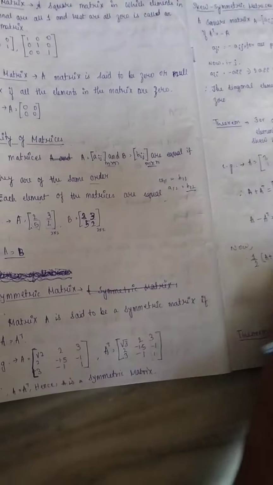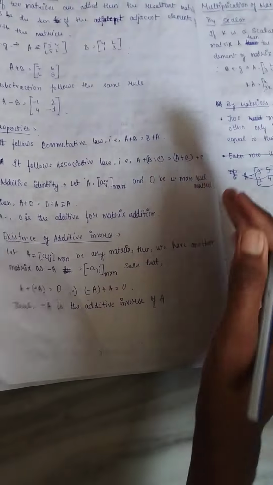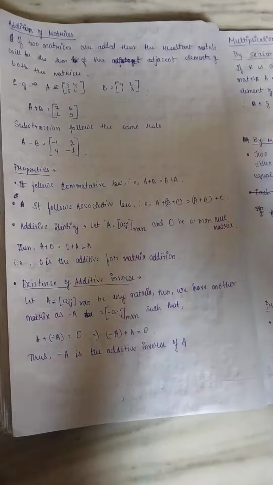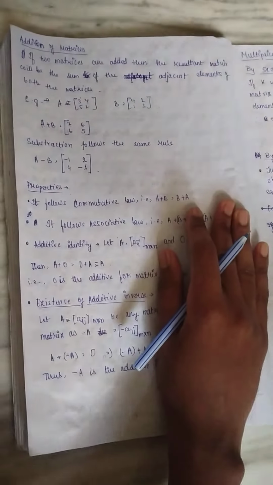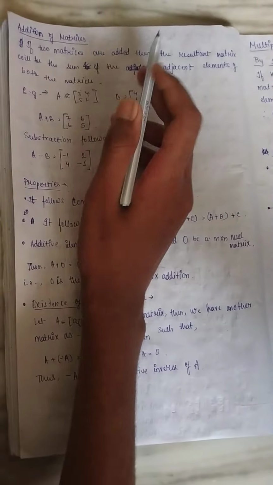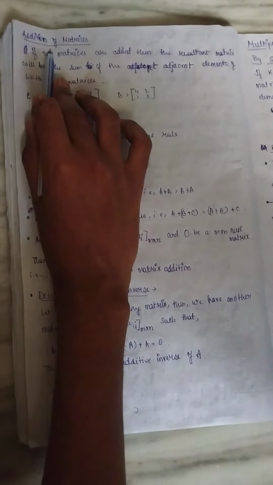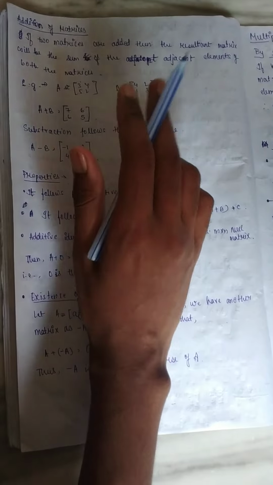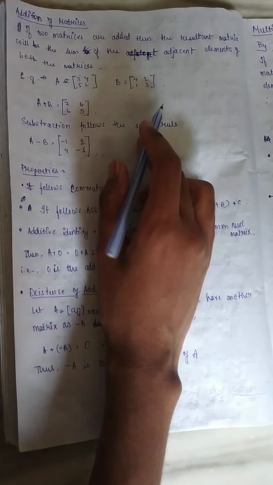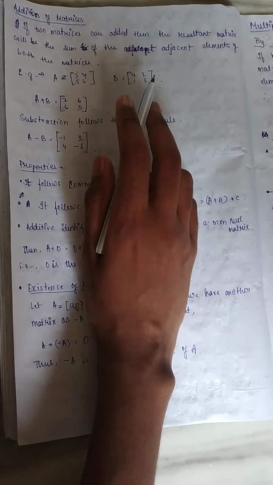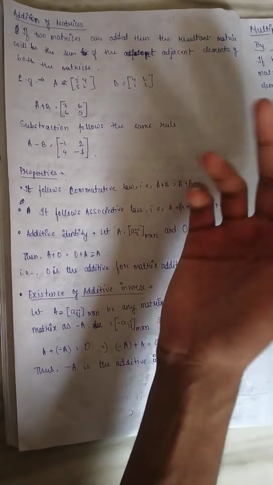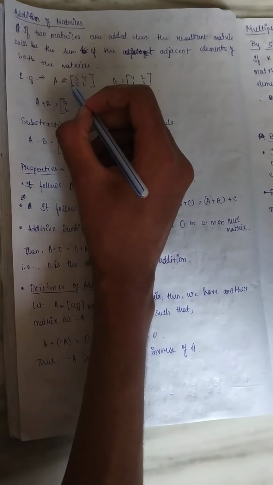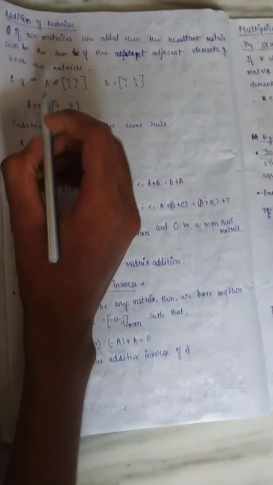Now before coming to the symmetric matrix, we should know some more things, that is addition of matrices. If we are going to add two matrices, then the corresponding elements of the matrices are added. For example, if we want to add A and B, then we can write